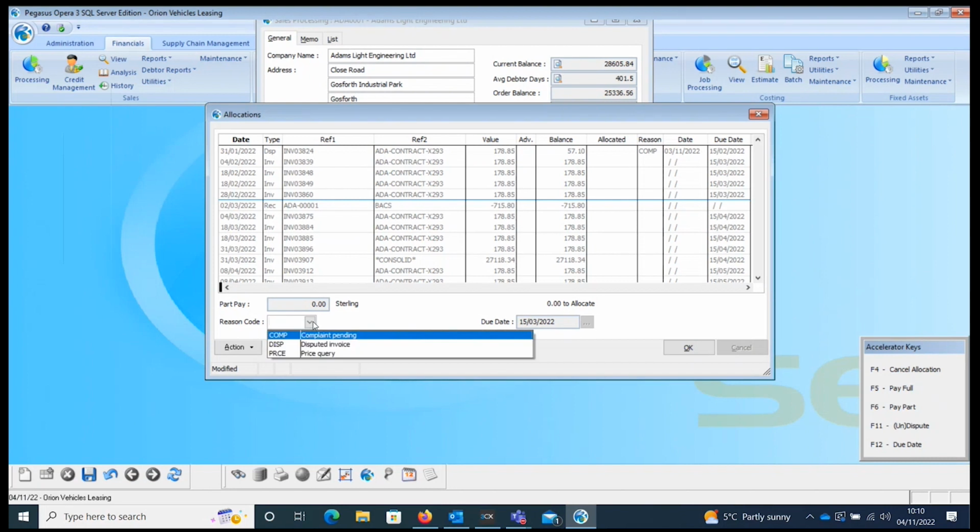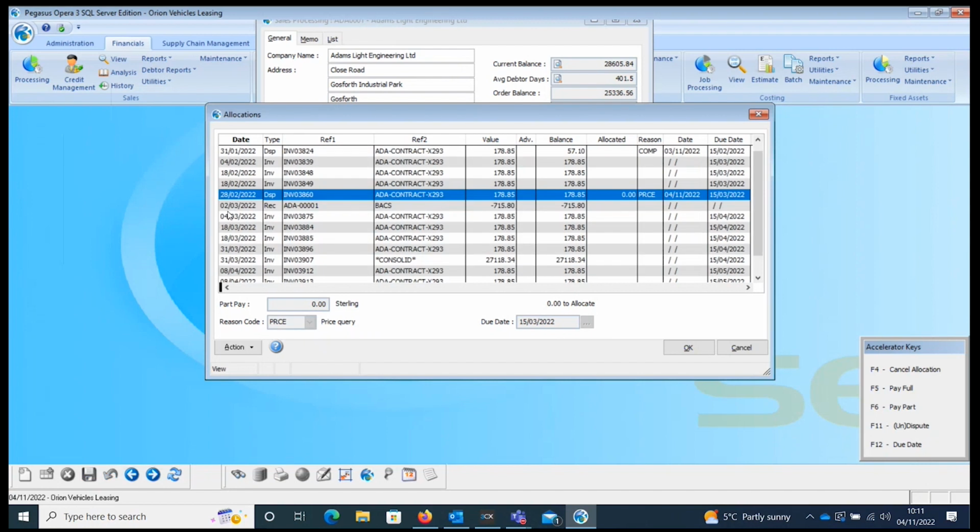you can then also apply a reason code. Now, reason codes you can set up as mandatory or not mandatory or no reason codes at all. So it is a tick option that you can choose. So if you decide to use reason codes, you can tick the option, and then what you can do is create the types of reason codes why a particular invoice would go into query. So if we look at this one, we can actually say, well, the client was disputing it because it was a price query. So if I say price query, save the entry,